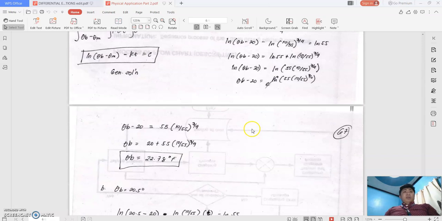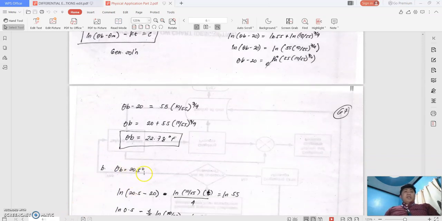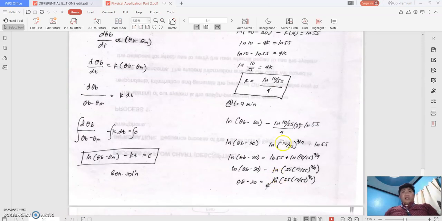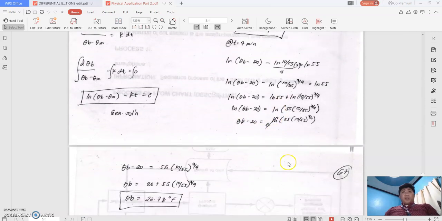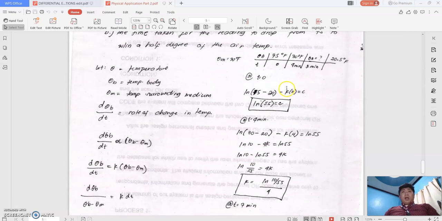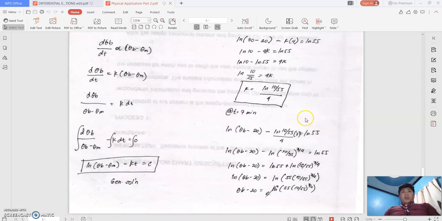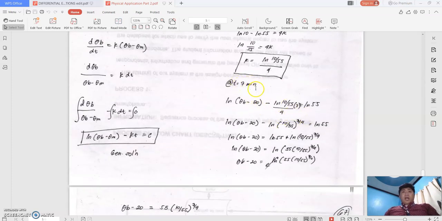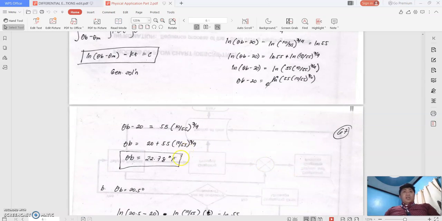the question now is, if the temperature of the body is 20.5. So if you have already made the general equation with respect to time, so for example, your time here, right? If you have made a problem with respect to time, this is good. If this is still unknown, it is not yet there. So that is t over 4. So therefore this is